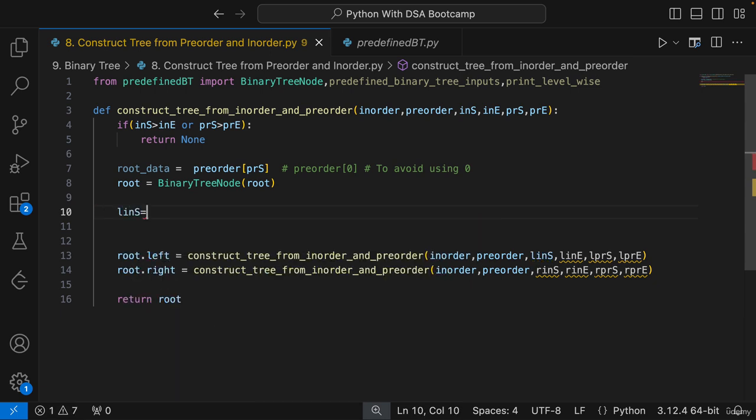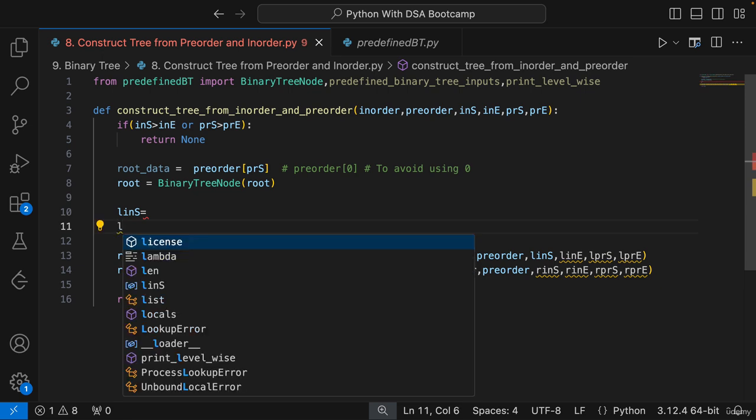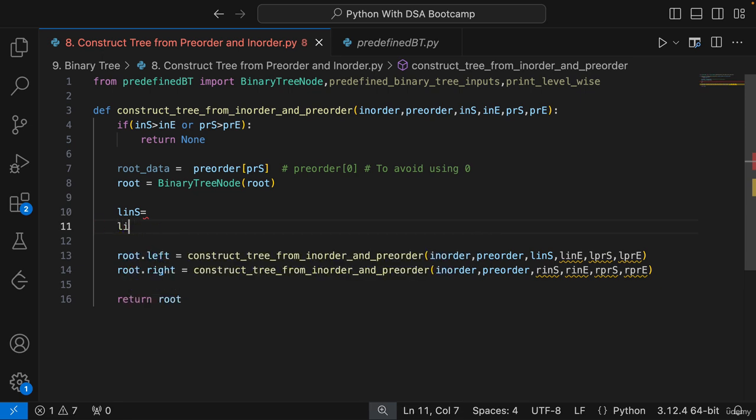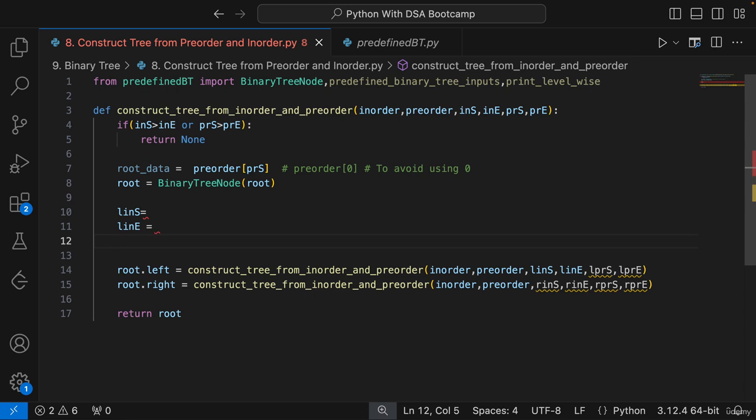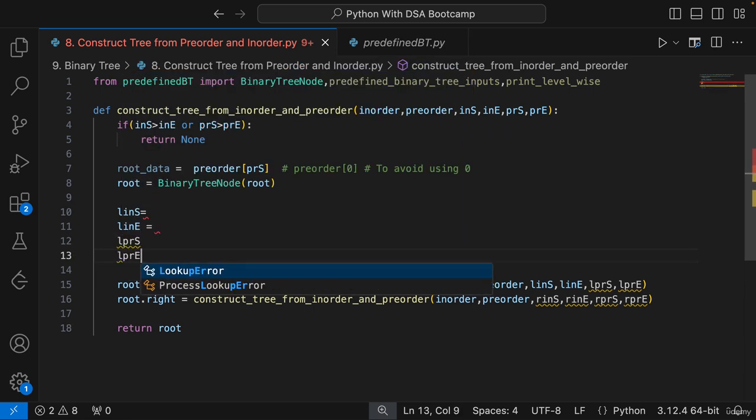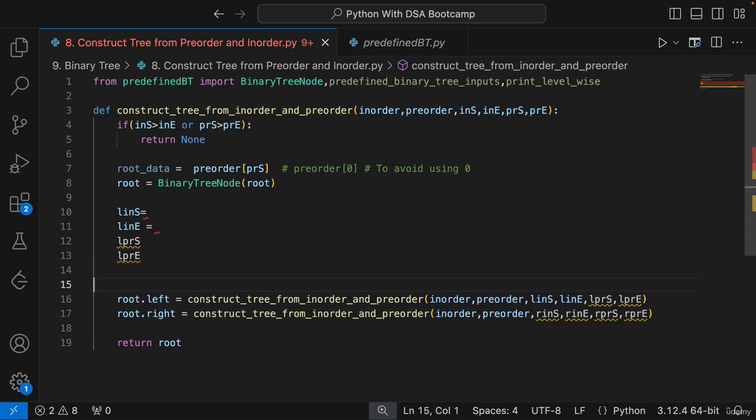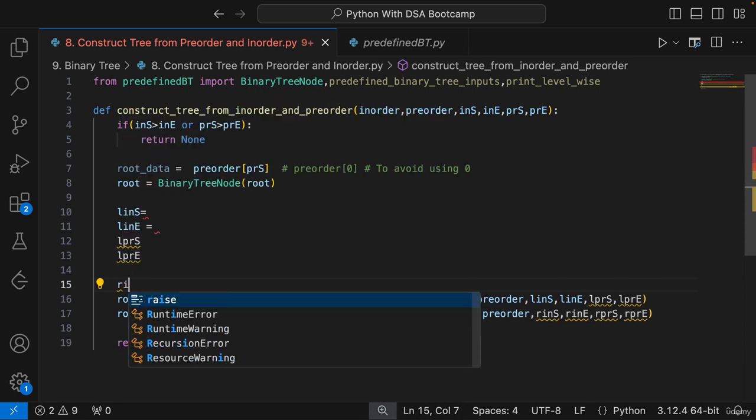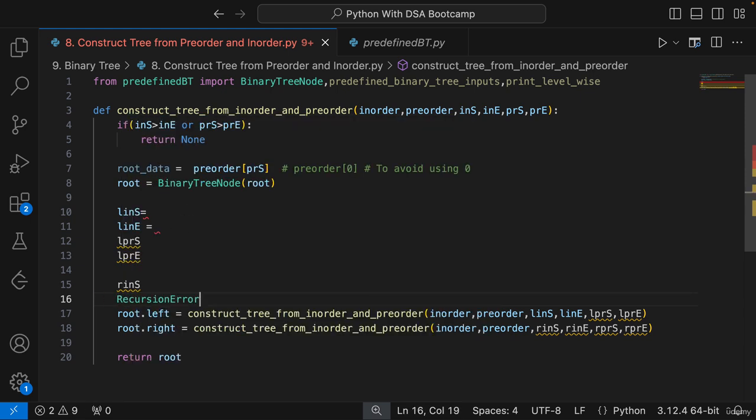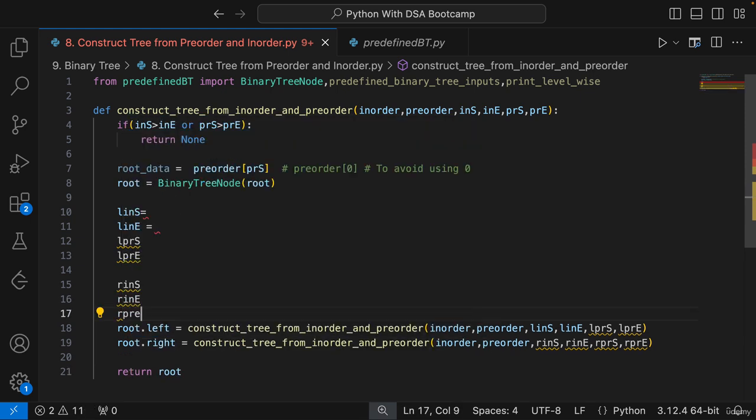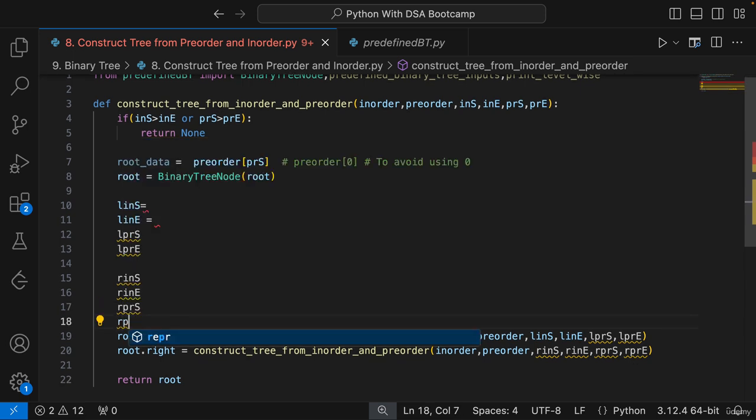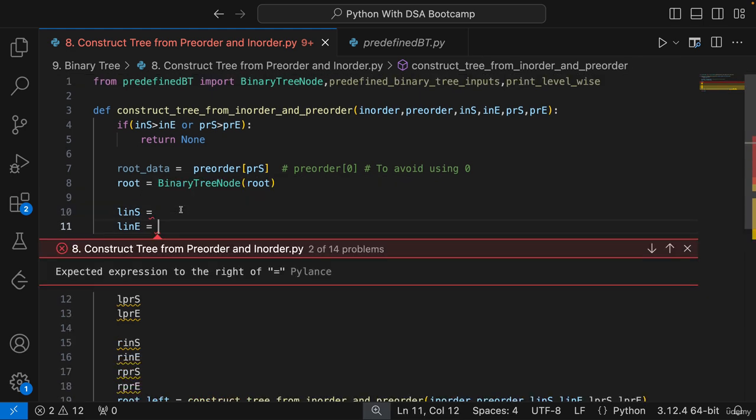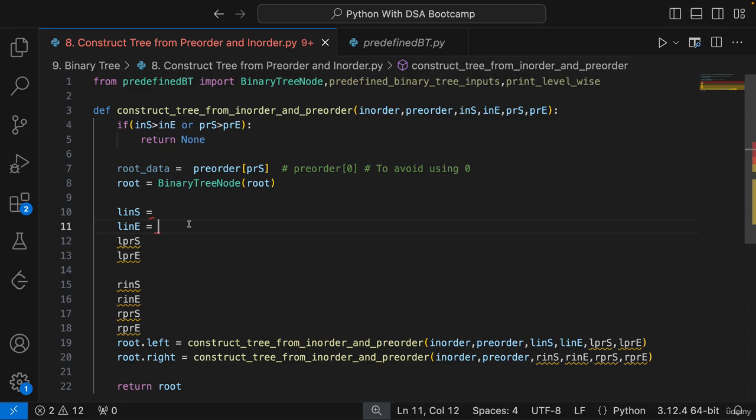Left in order start, left in order end, left preorder start, left preorder end. Okay, great. Similarly, right in order start, right in order end, right preorder start, and right preorder end. So once I have these 8 values, then I can very comfortably just call recursion. Okay, great. So now let us see, based on our analysis,